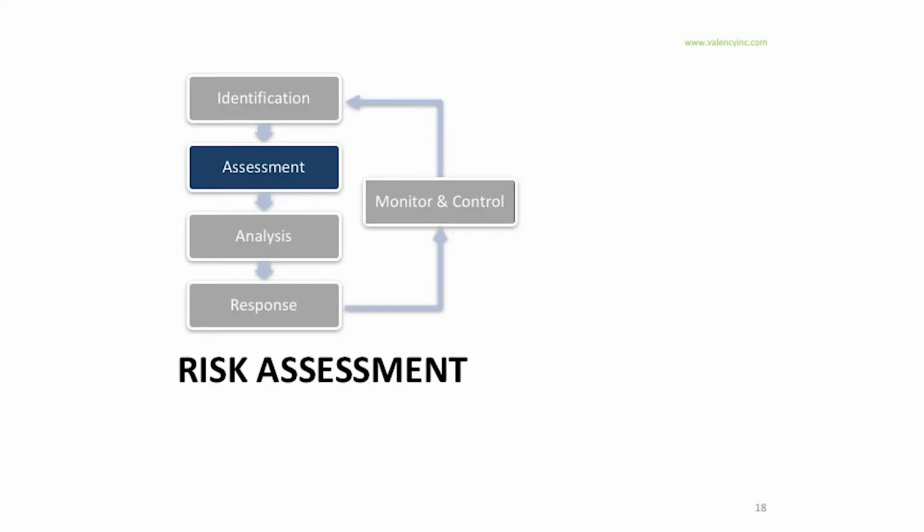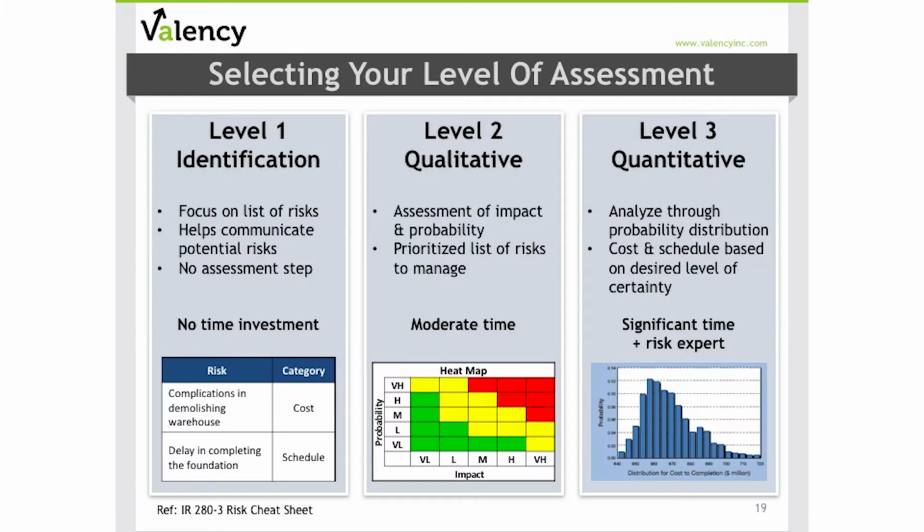So CII's risk management practice provides guidance on how to consider the best level of risk assessment that you should do in your project. What they call Level 1 involves only identification of risk, and it doesn't require the assessment step. As an example, if you have a $500,000 project that involves procurement and replacement of one major piece of equipment, you may only have a short list of identified risks that can easily be addressed without any further assessment.